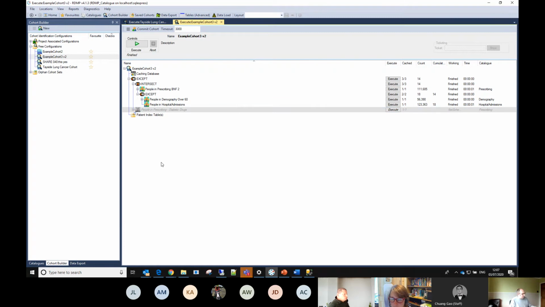So hopefully you can see how that could be useful in fine-tuning how the cohort works, or how the cohort's built, especially if the researchers, as they often seem to be with us, aren't 100% on what it is that they want. There might be a little bit of, oh, well, if there's more than 1,000 of those, then that's what I want. But if not, I'm going to have to relax the criteria. We have the options to do these kind of things.